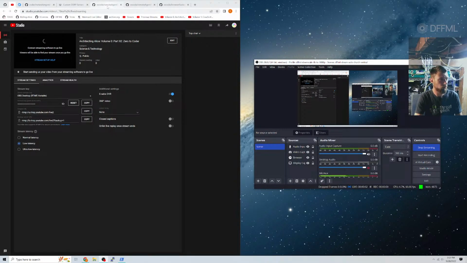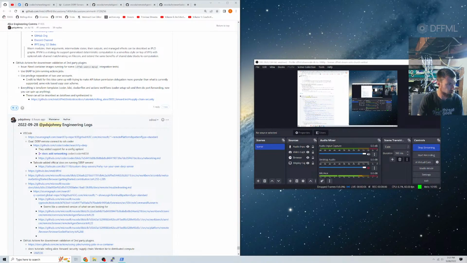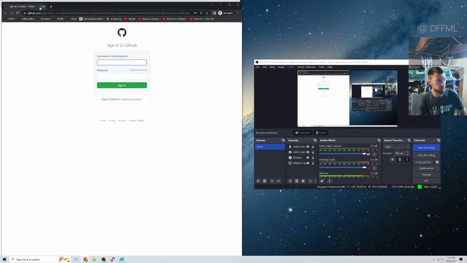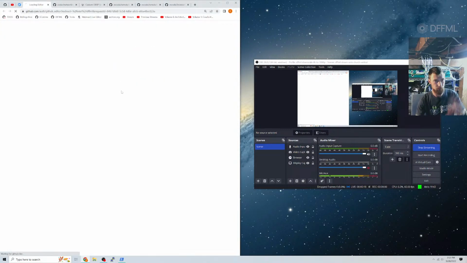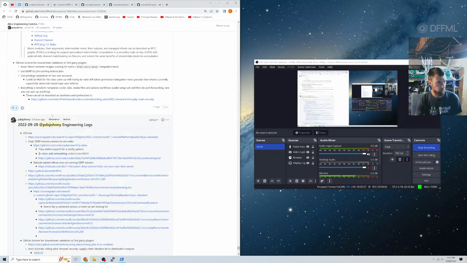Right. Here we are. So, you know what I just noticed? Check this out. If you open github.dev, they now have enabled VS Code, oh okay, you have to be signed in. But they've enabled VS Code basically in browser, right? So, the question that we have is can we